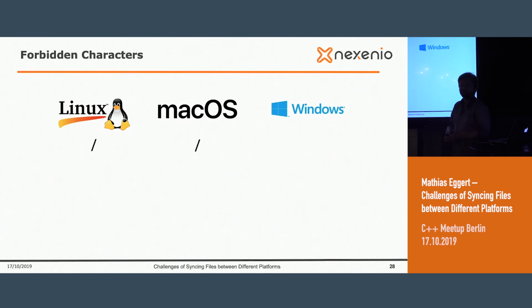And then somebody told me, no, no, no, I can show you, I create a file name with a slash inside of it. And I was very confused in this moment when I found it out. But at the end, we used the terminal and tried to print out the name of this file. And what we saw there, macOS was substituting the colon with the slash. And if you now try with the Finder to create a file name with a colon inside of it, it will forbid you that, even if it's allowed.